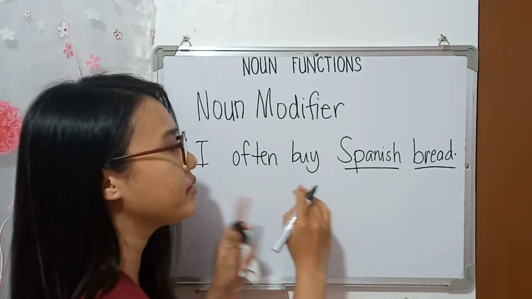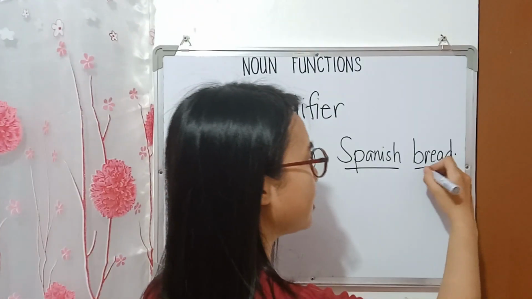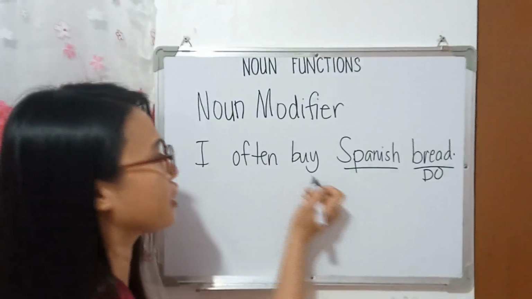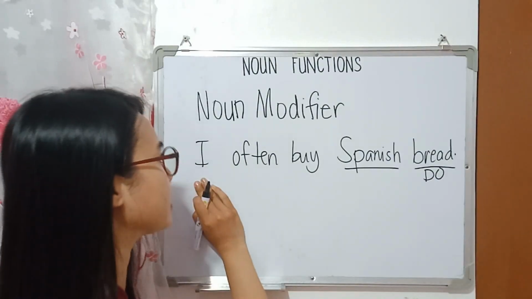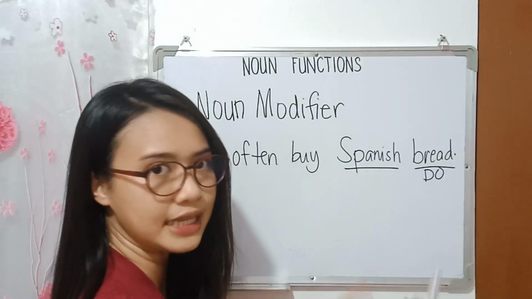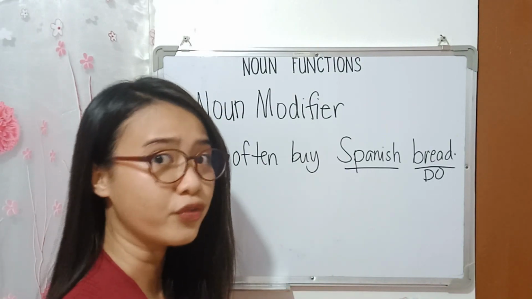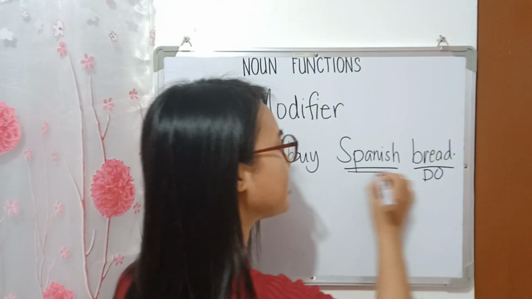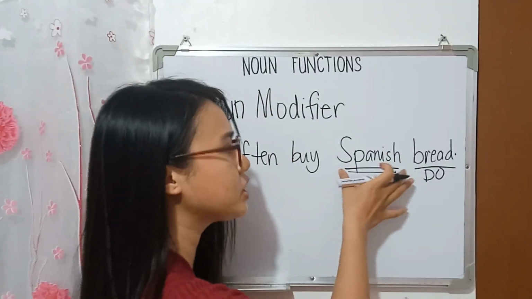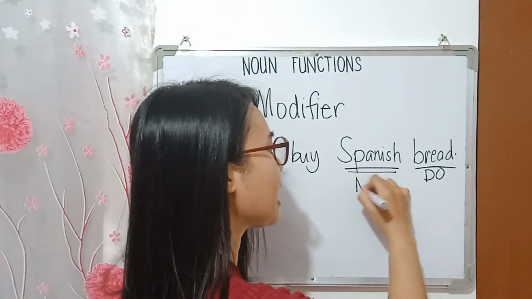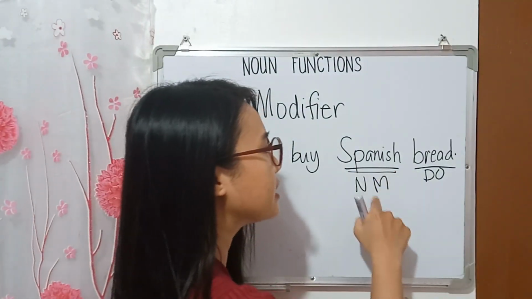Now, I often buy what? Bread. So here, the noun functions as a direct object because it receives the action of buying done by the subject. The question is, what kind of bread is being pertained to in the sentence? Is it a loaf bread or any kind of bread? No, it is a Spanish bread. Therefore, Spanish here in form is a noun, but it functions as a noun modifier because